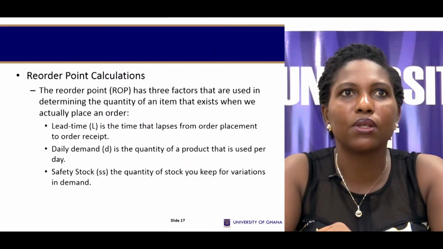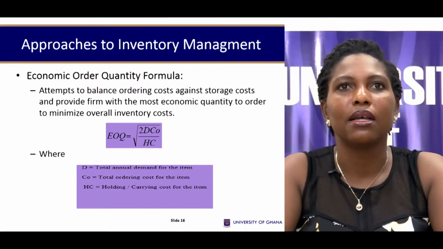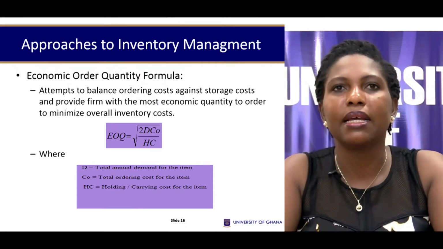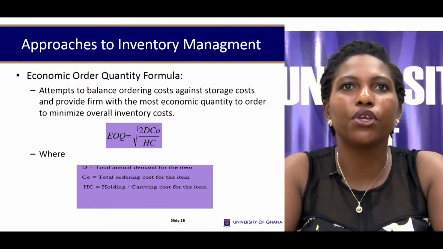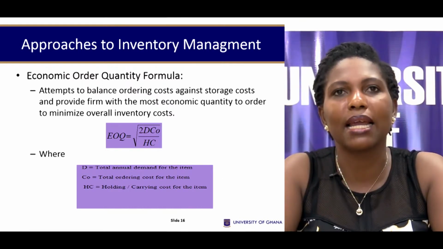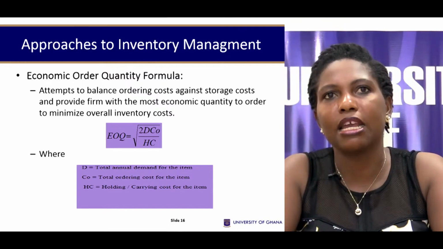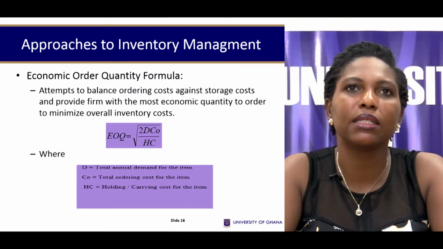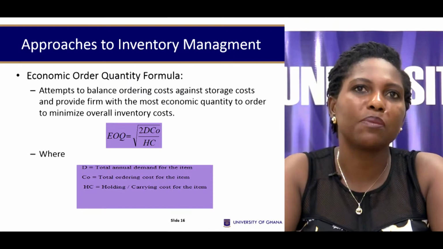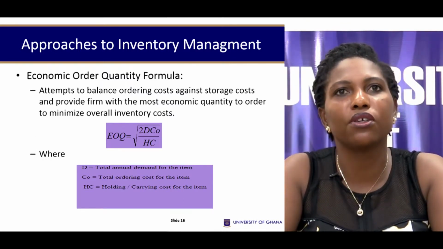Now, looking at it closely, it so happens that when a firm buys a lot, in which case it minimizes the number of orders per year, it means that it might have huge space for storage. What that means is that its storage or carrying cost is likely to go up, but its ordering cost is going to be minimized. On the other hand, if it decides to buy very minimal quantities, whilst its storage cost may go down, its ordering cost may go up due to the frequency of ordering smaller quantities to meet its